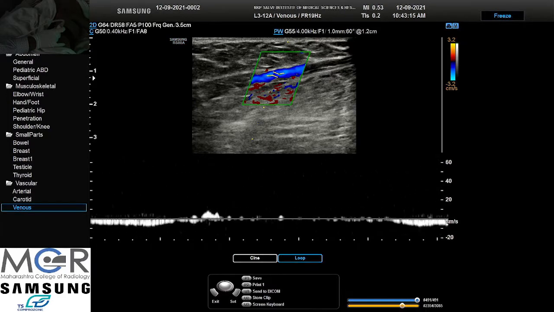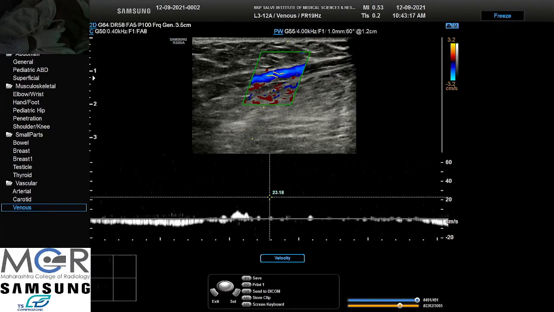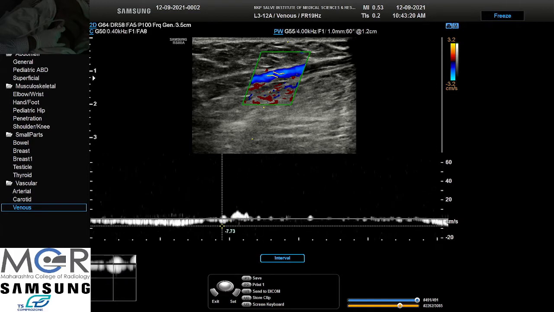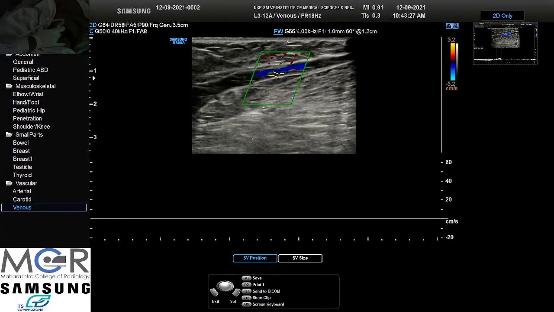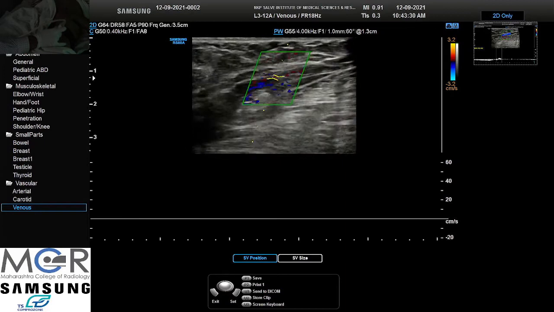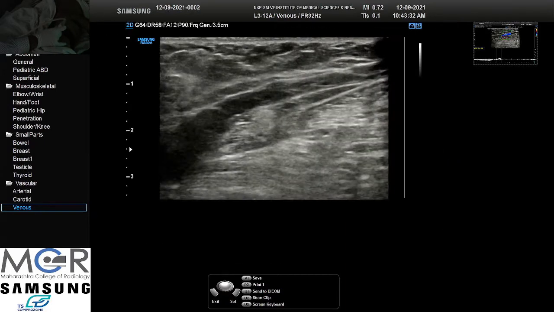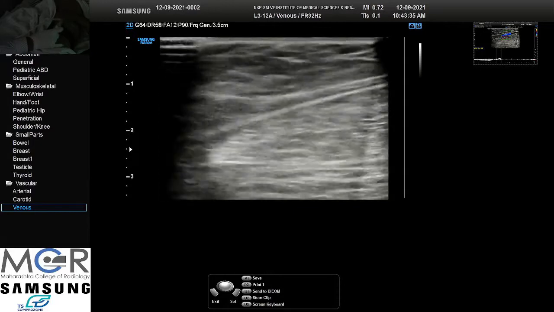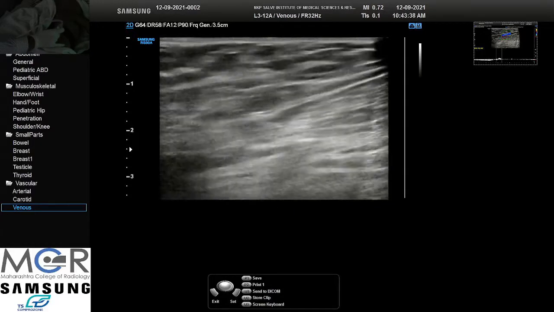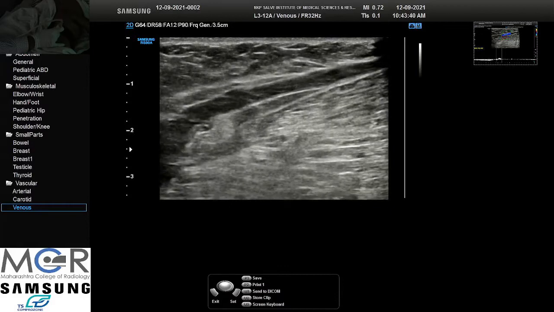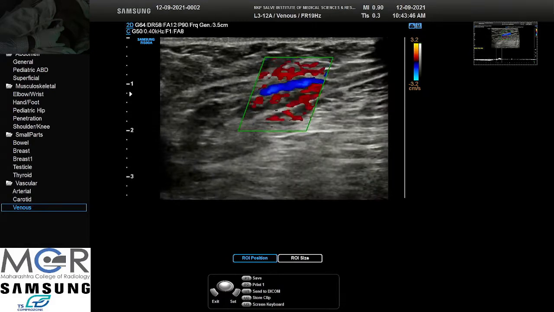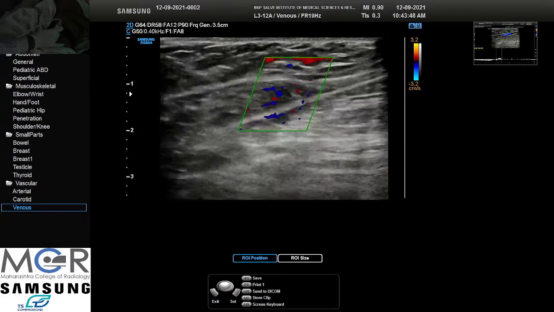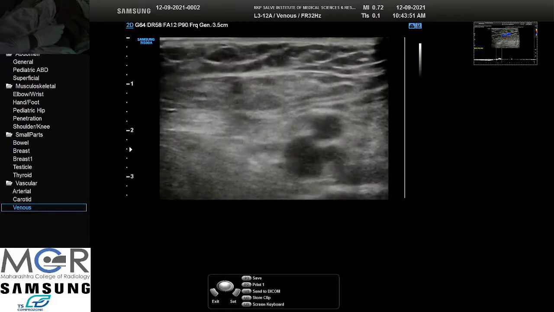Reflux is not very long. We can measure the time for which the reflux is. It is almost half a second, 500 milliseconds. Some people take this as abnormal. So as I said, there is not much consensus. So whatever we see, we should report and let the clinician decide. Or if you are yourself planning the procedure, then you can decide depending on his symptoms and other signs whether we should go for endovenous treatment or not.